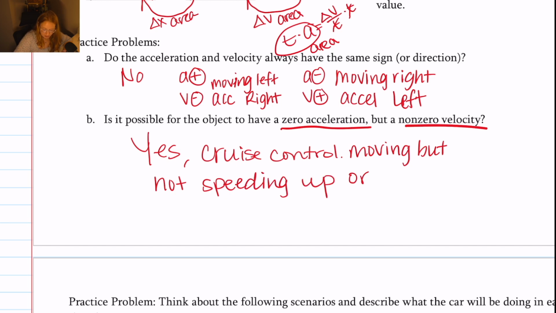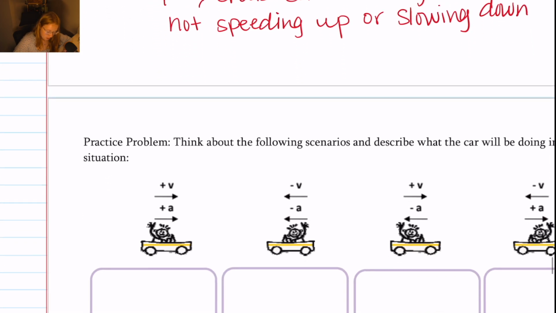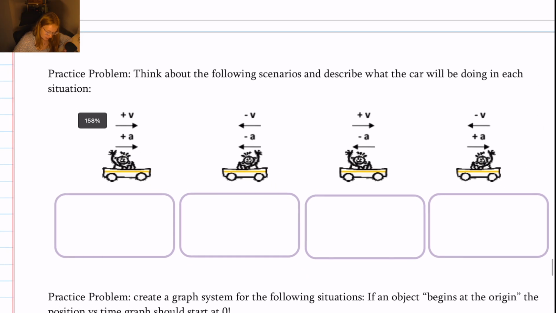Okay, so just because something has an acceleration doesn't mean it's not moving. Even if acceleration is 0, it could still be moving. It just means it's not changing its motion. All right, let's look at these quick